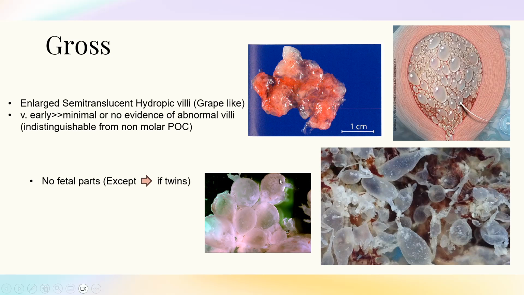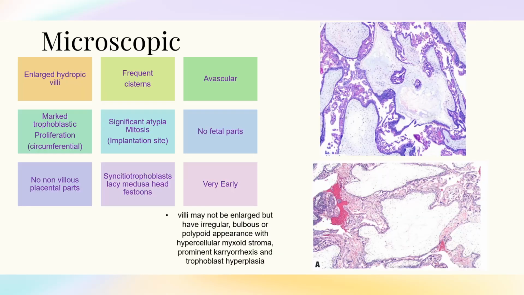If you have twins, sometimes one of them is just a fetus and the other one is a complete mole, and then you get the abortus and you start thinking, is this a partial mole or something? Okay, then it's actually a complete mole, but it was a twin. So that's again one of the differential diagnoses or the diagnostic dilemma that we go through, and I'll tell you how we can deal with this when we reach the partial mole.